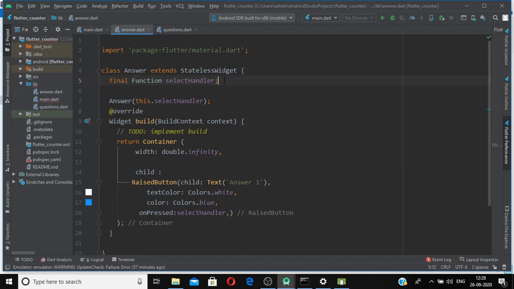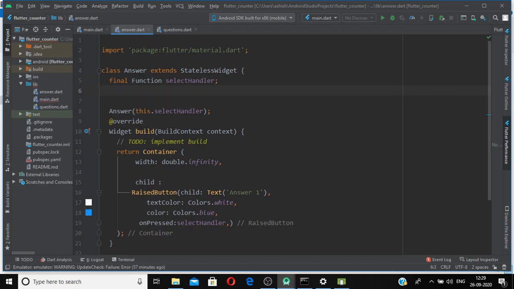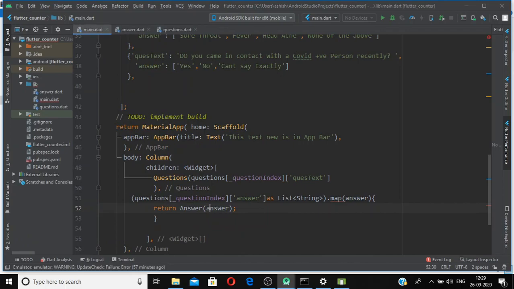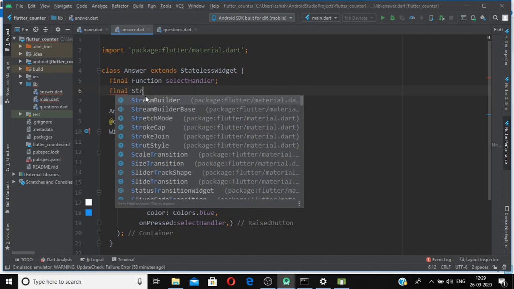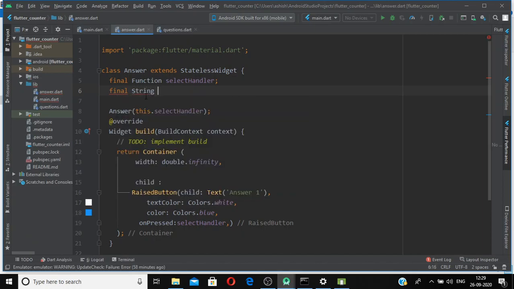So we need to handle that text which we are getting as an argument from this main.dart file. So I will use the word final, final string, and I will name this as answer.